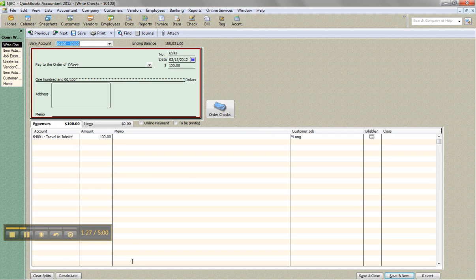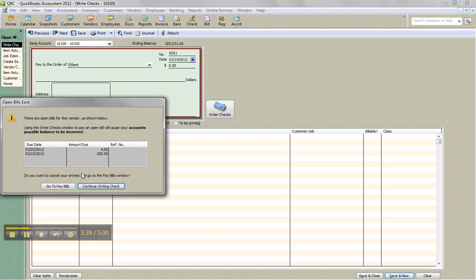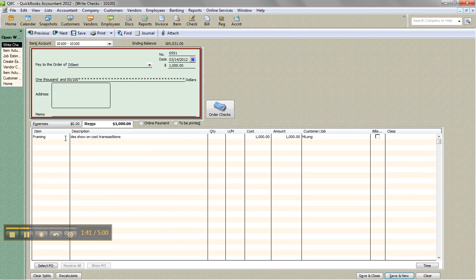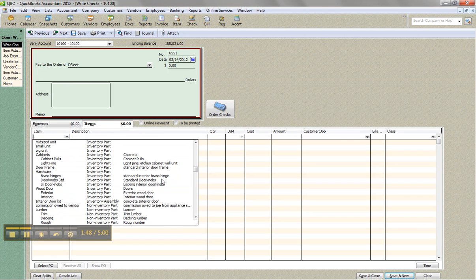I'm going to do Control New, creates a new check, and go to same. Now you can use the checking account, or some people suggest an account called like journal entries, something like that. And I'm going to continue writing the check. Control Delete, so it's remembering what I did last time. And under the Item tab, I'm going to choose